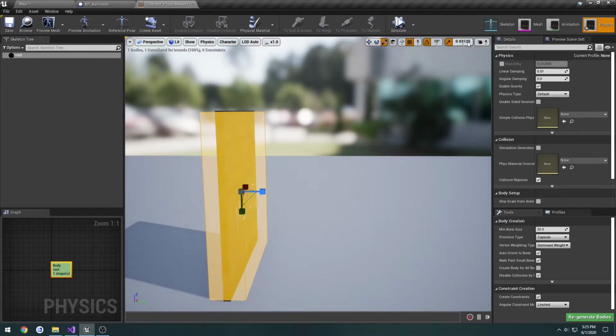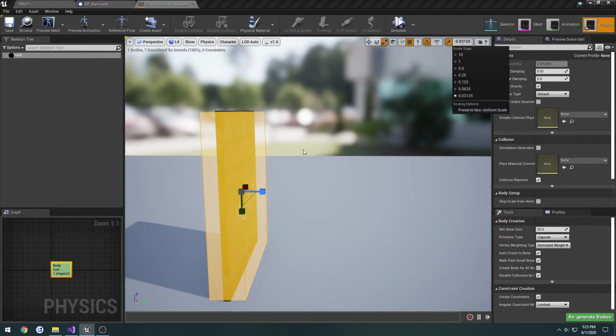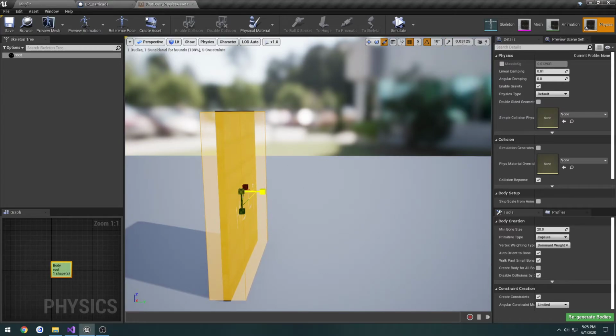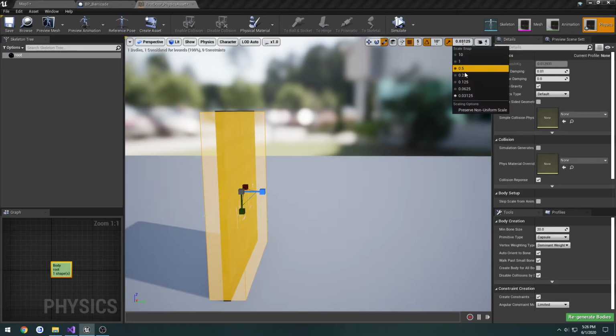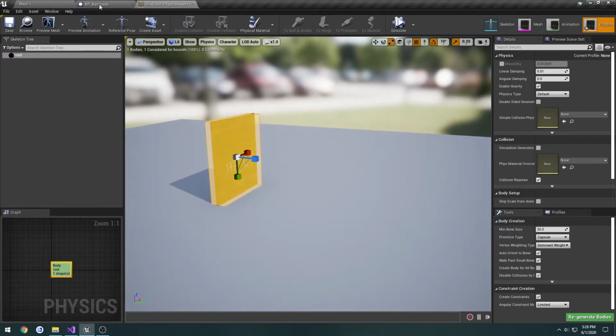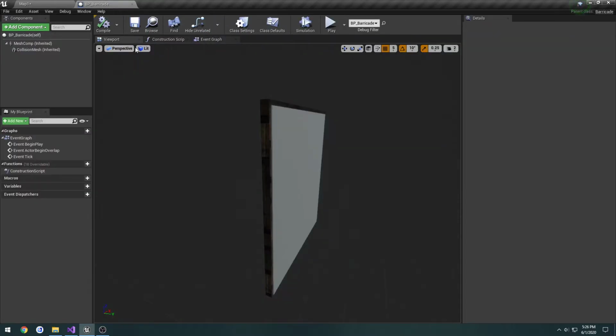Okay. Now can I scale that any smaller? All right, I guess that's the smallest that it'll actually go in that aspect. So you can save it and close it. So now that we have a decent physics asset for the door, we can go ahead and then set it